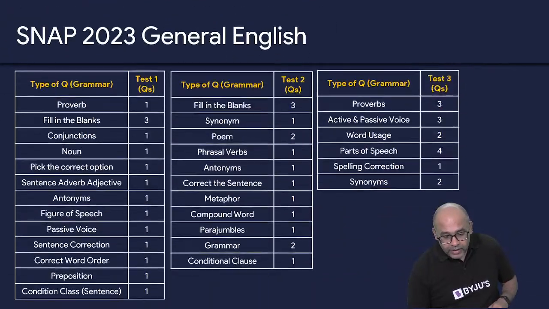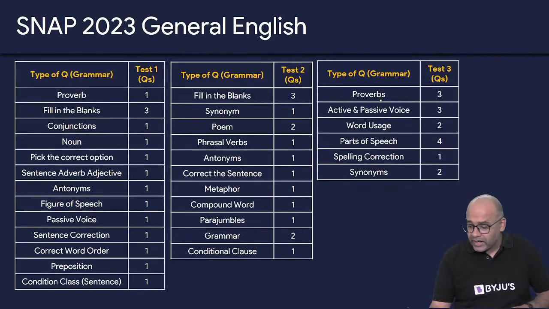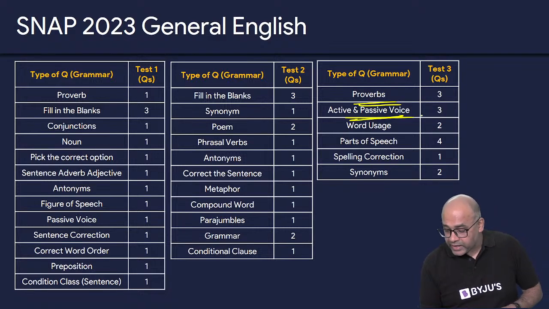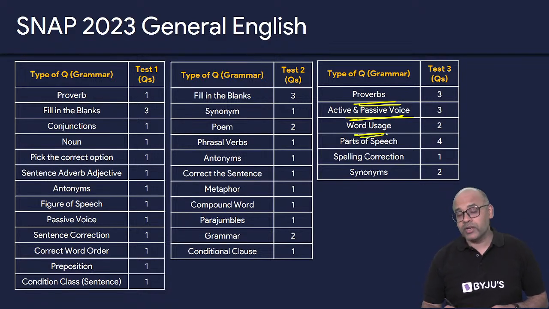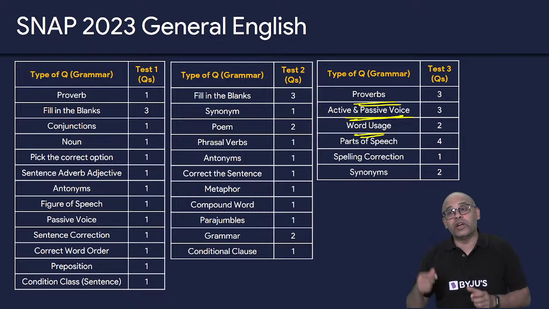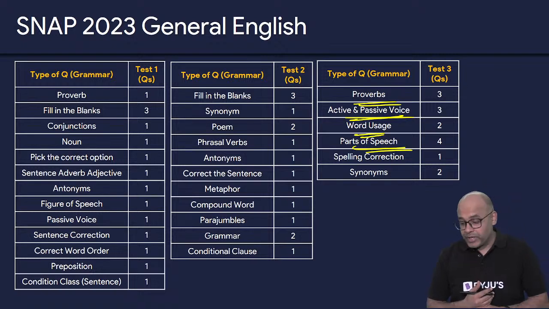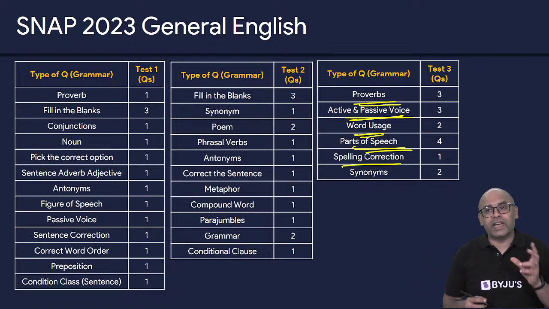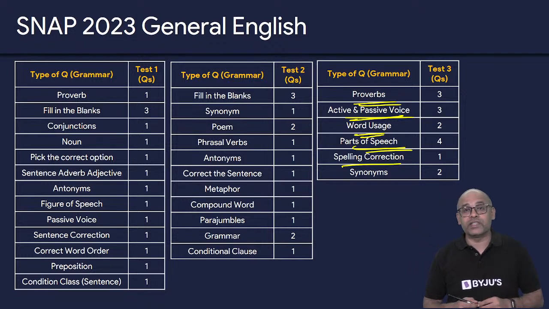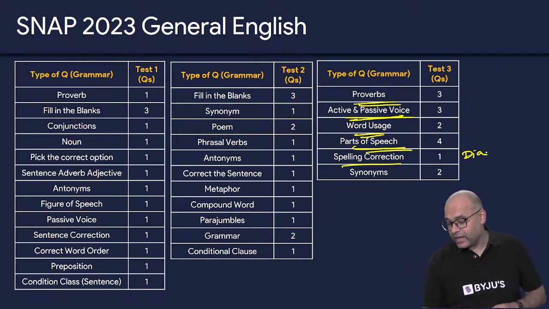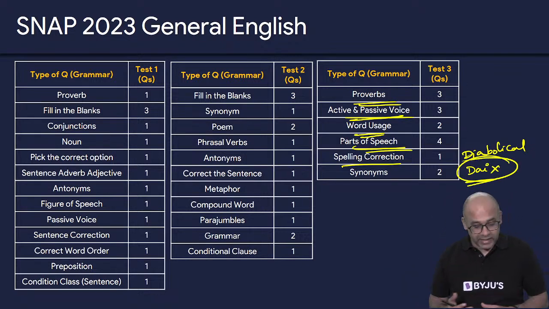Right, so where are we? Yes. So we had proverbs in English, we had active and passive voice, we had word usage. There are 3 fill in the blanks. We have to fill in the correct word. There were options with different words, and we have to use the word that fits the blank. Then we have parts of speech, a lot of questions from parts of speech. Spelling correction, there's one spelling correction. I think the correct answer was diabolical. It was given as the correct spelling is DIABOLICAL. I think this is the correct answer. But the question that was given had DAI. So this is wrong. So your answer is diabolical spelled incorrectly. Okay.